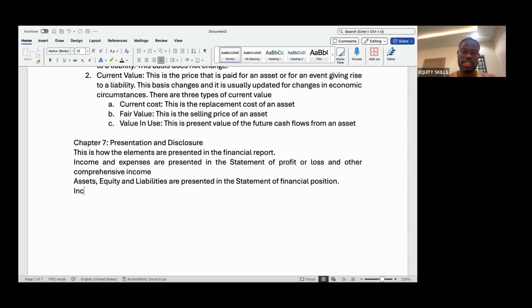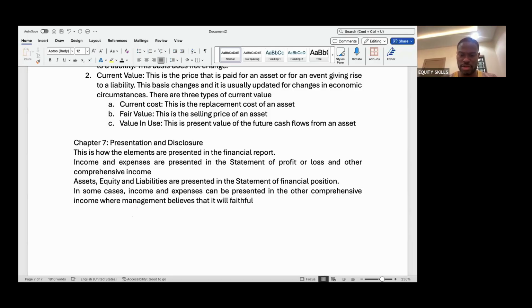And in some cases, income and expenses can be presented in the other comprehensive income, where management of the entity believes that presenting it that way will faithfully represent the item by presenting it in that manner. And this is usually the case